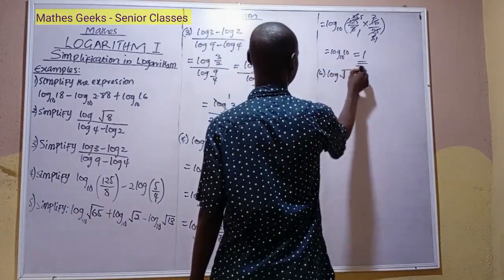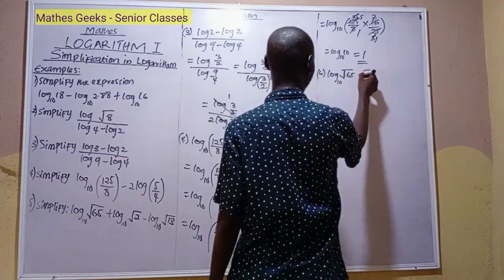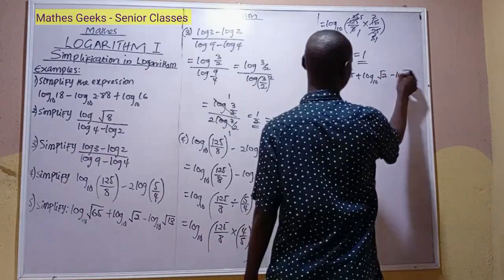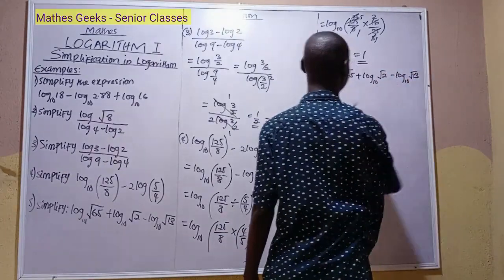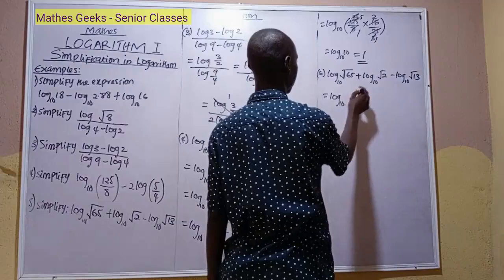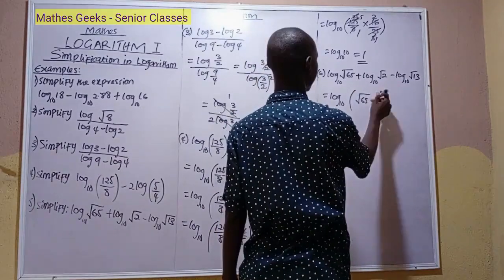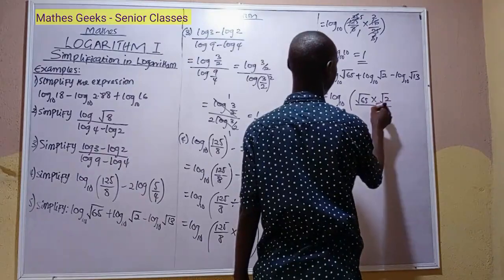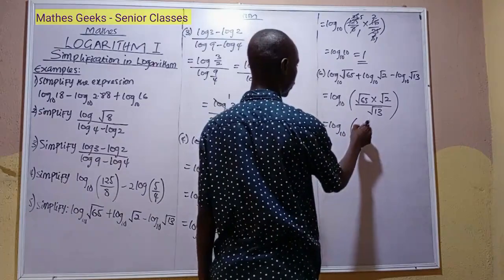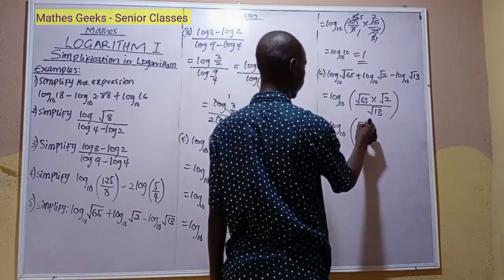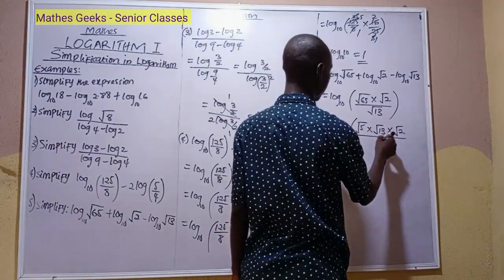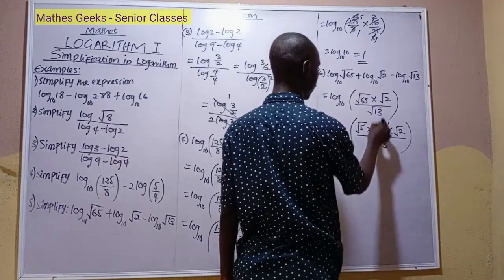Log root 65 to the base 10 plus log root 2 minus log root 13. And this will give us log root 65 times root 2 divided by root 13. Root 65 is equal to root 5 times root 13, times root 2, and this will give us root 13. So this will cancel,